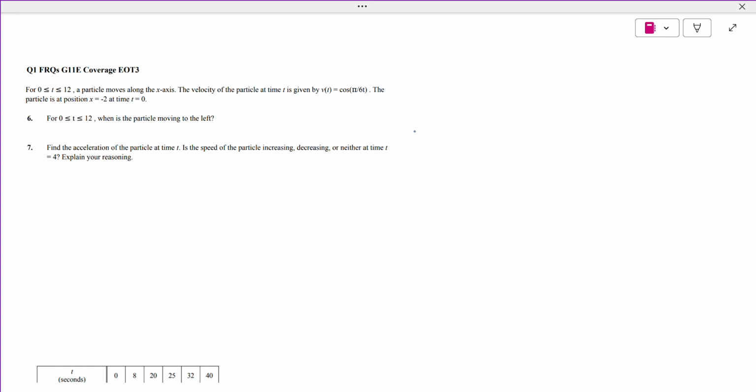We are at question 6. We have the velocity of a particle that moves along the x-axis. The velocity v of t is given by cos of pi over 6t. We need to find when the particle is moving to the left on the given interval from 0 to 12. Well, first we need to find when this particle is at rest to check the sign of the